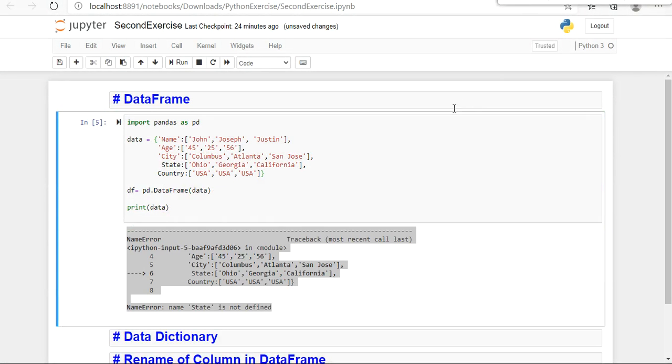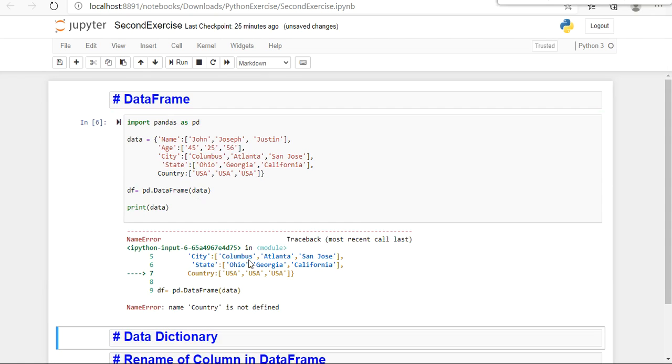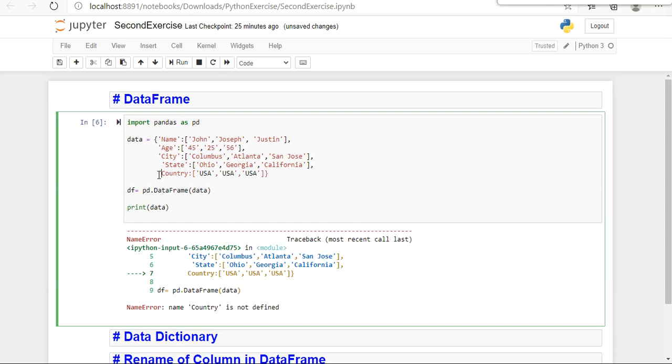If I run this one, it is showing an error where state is not defined, and if I define state as a key with the quotes and run it again, it will show country as not defined. Sorry, see, country is not defined. If I keep this one in quotes and then run this data frame,